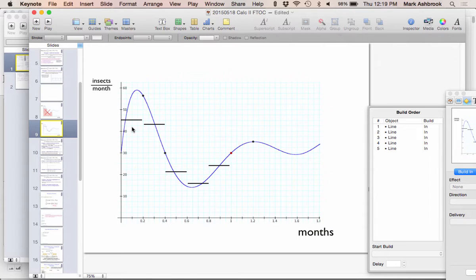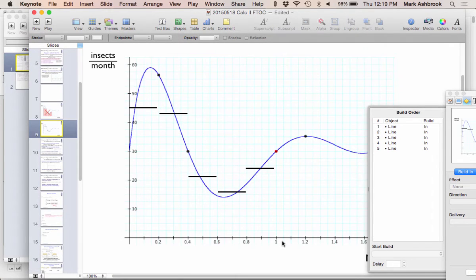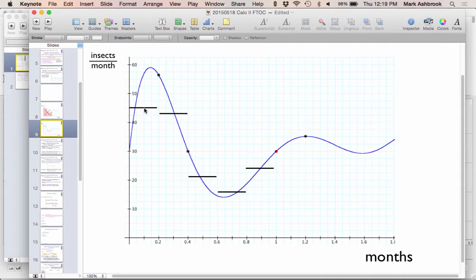Instead of using an eyeballed rate, we use the actual rate at the left side of every interval. So we look at every interval from 0 to 0.2, and we say, what's the rate at the left side of that first interval? 30. So let's just say, even though it's a low estimate, we'll make the constant rate 30